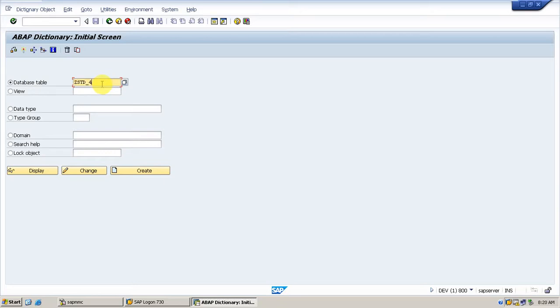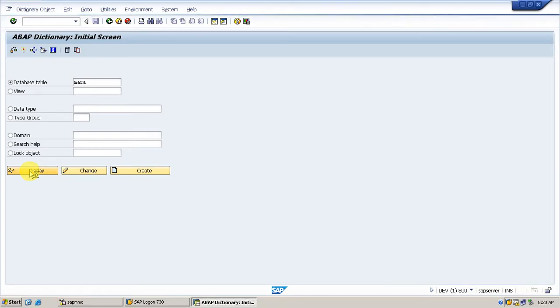As you know, all the standard tables, let me open one standard table. I am opening this MARA table. This table is storing all the material numbers and the respective properties.